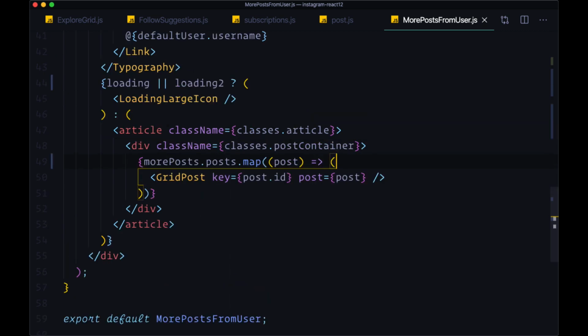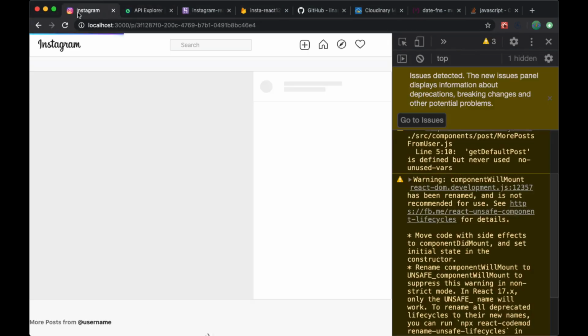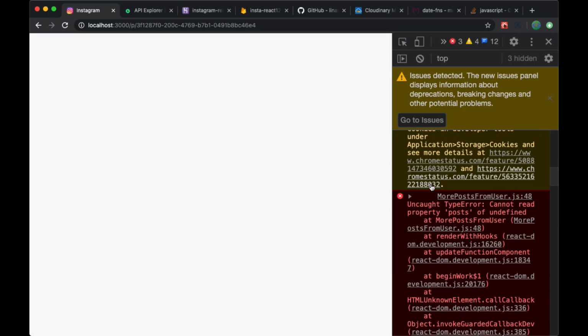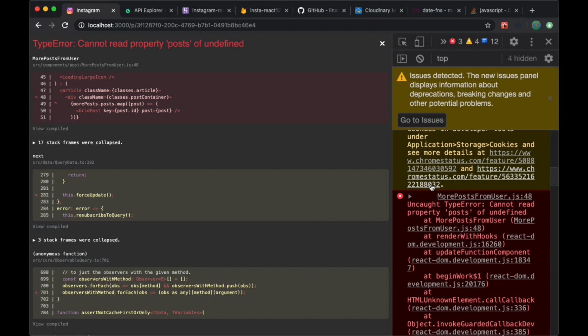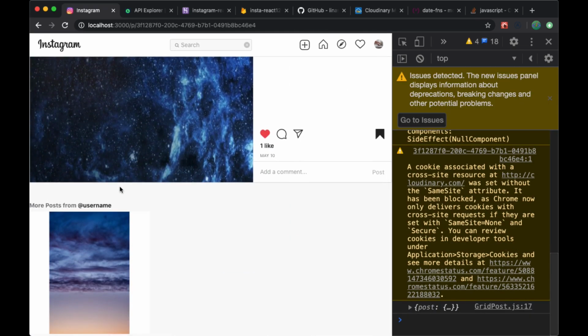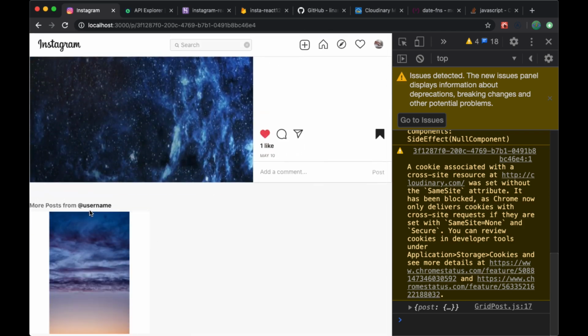So now let's save. And what we can do is, if we're still getting an error here, we can add a question mark after more posts if it's telling us it can't read property posts of undefined. So good. Now we see our one post, and then we see any other post that the given user has